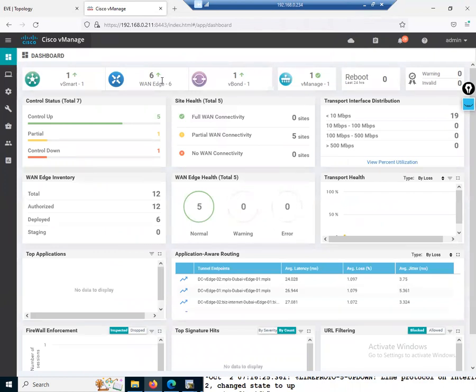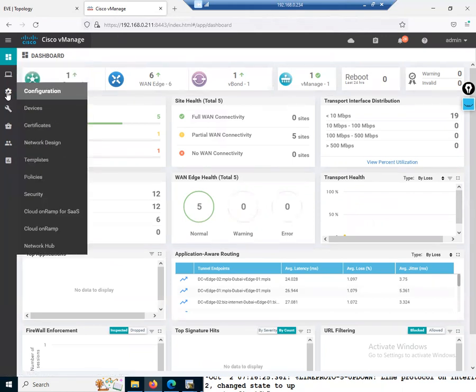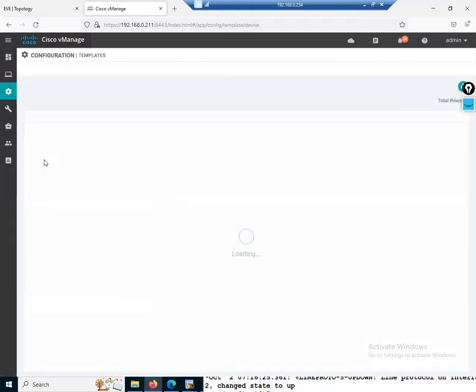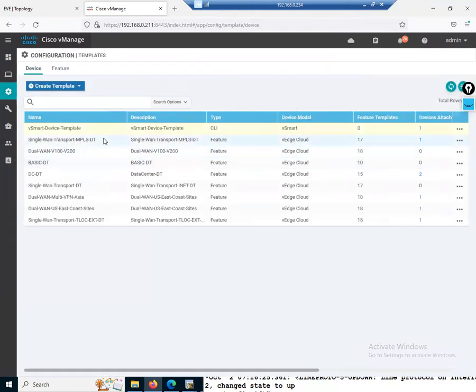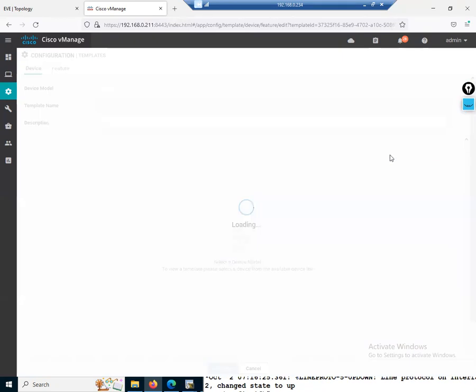Now we have to add a route. Basically, we have to add a static route. Now, where do we add a static route? We go to the templates. I go to LAVH2 MPLS. Static routes are basically where they don't have a separate feature template. They are part of the VPN feature template. So let us see here now. Edit,